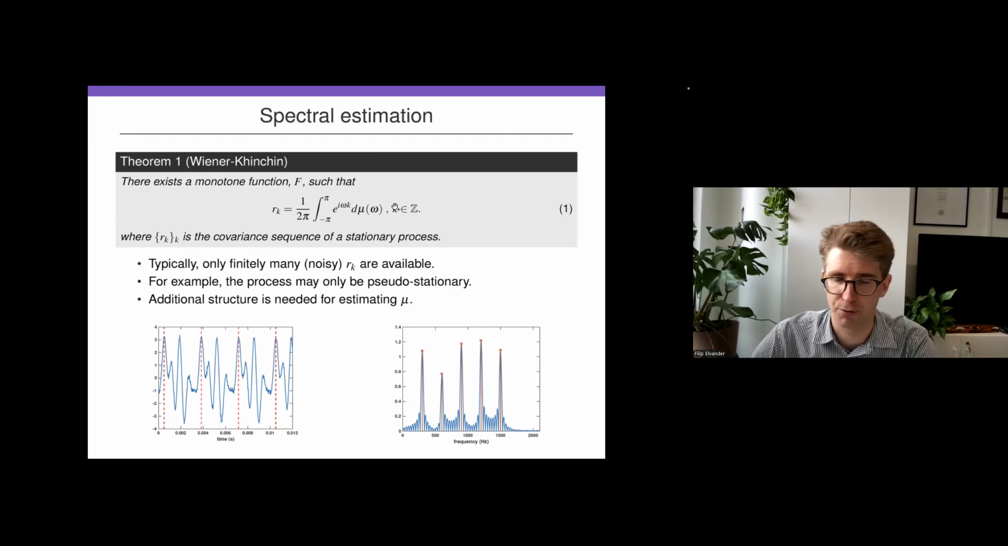And in some cases, if we don't have any point masses and so on, we would replace this with the density in that case. So typically, when we have this relation, we for sure cannot measure it for all integers k. We will have a very limited set of measurements, and they will typically not be of very high quality either. So in order to estimate mu from R here, we would typically need to impose some other type of structure